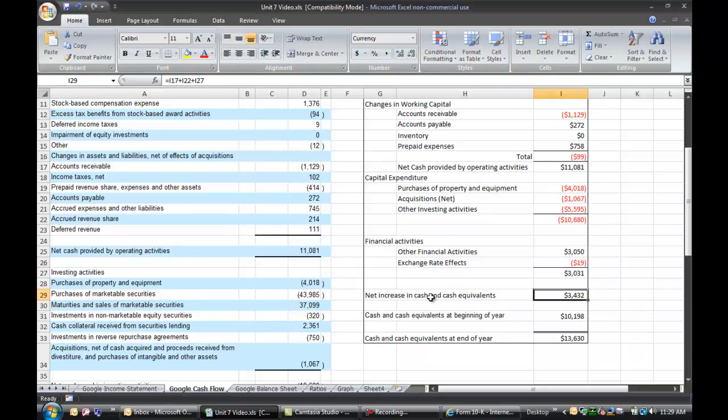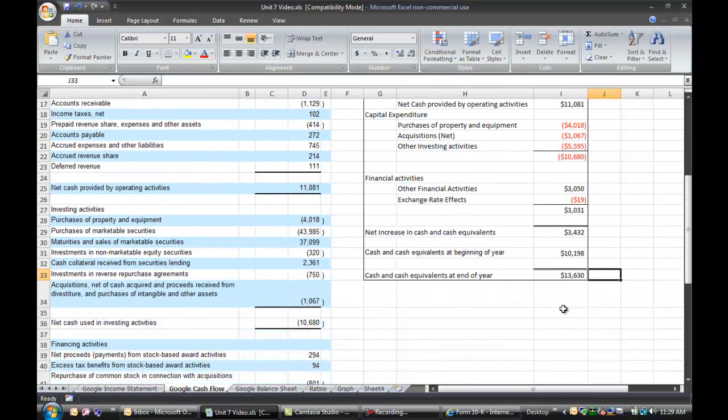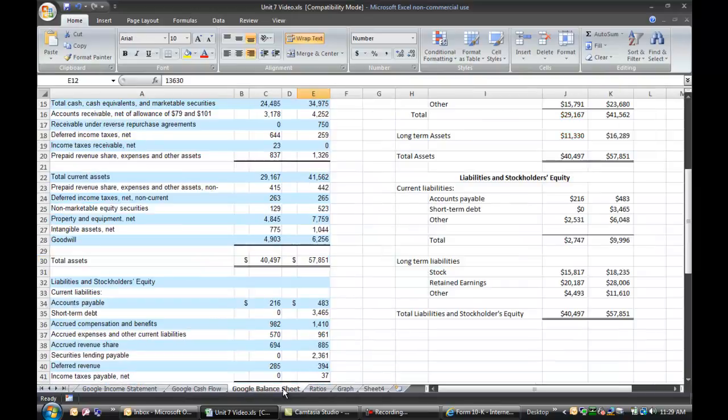And cash flow over the year, they increased the amount of cash in the company by 3,432 million. At the beginning of the year, or the end of 2009, they had 10 billion and some. They add this almost 3.5 billion, and they end up at the end of the year with cash of 13,630 million. That is the cash flow statement. We can go to the balance sheet,